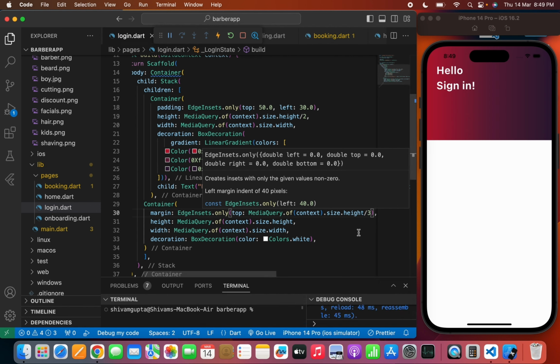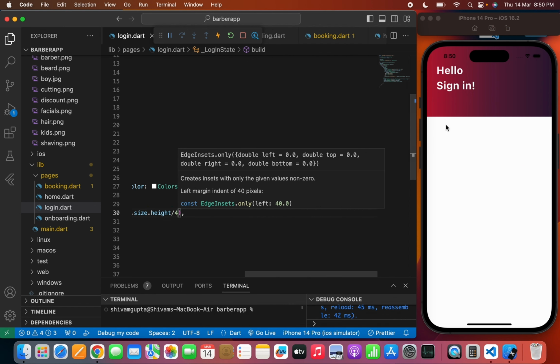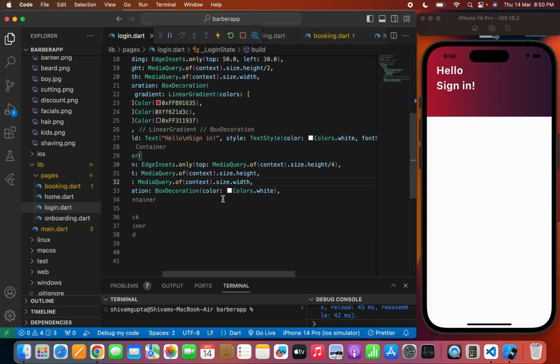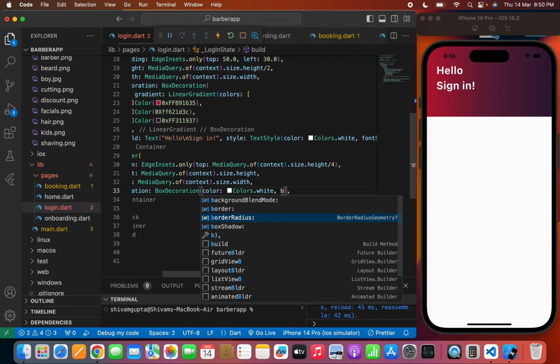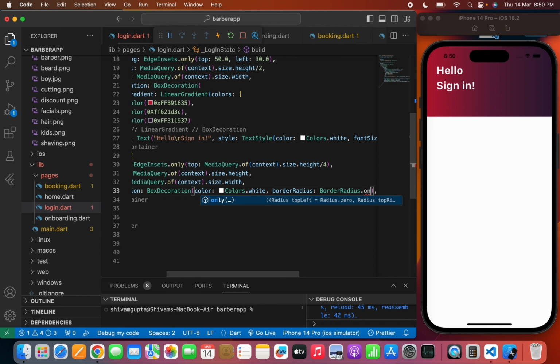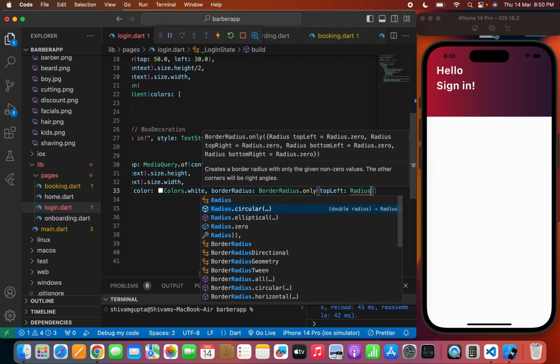So here you can see the container. Now maybe we can try divide by 2. No, it's too much. 4. Yeah. Now I want to basically give the circular radius to my container from the top left position and from the top right position. So in the box decoration I will write border radius dot only, not border, it will be border radius dot only, maybe from the top left radius dot circular